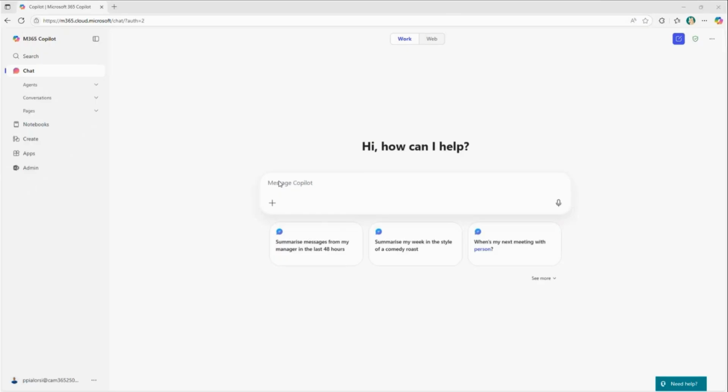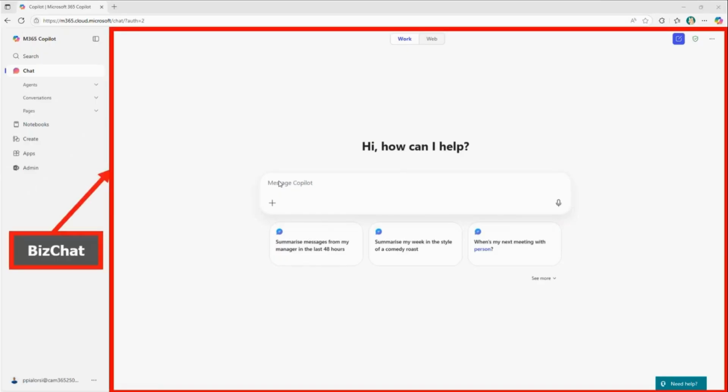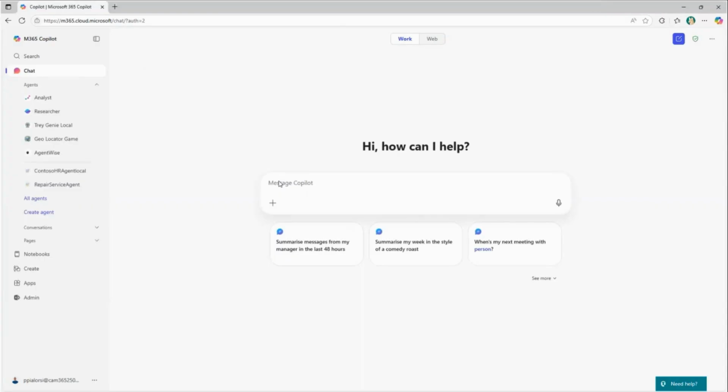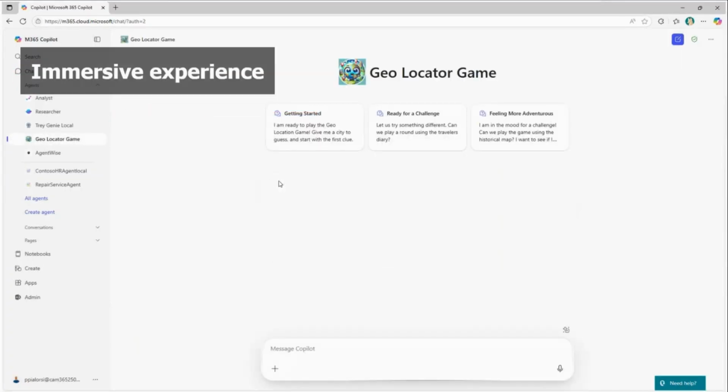Now, this is the experience that you see when you log into M365 Cloud. This is the Biz chat that you see. There is a panel that you can open and close here, for people who are already using Copilot. But you see there is an agent section on the left side, right? When I click on an agent, I come into something called an immersive experience. This immersive experience allows me to query or talk to the agent specifically in the